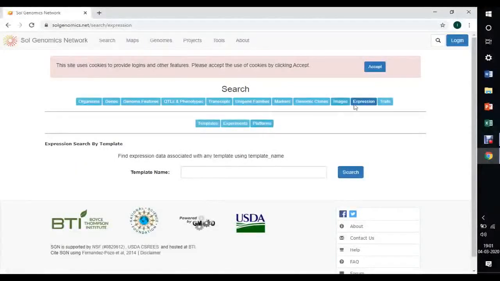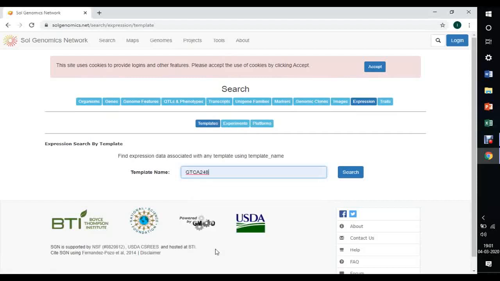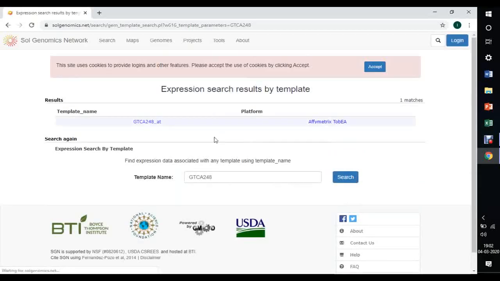In the expression option, you can see 3 sub options. Click on templates to get template details. For example, I am giving one template name GTCA 248 and click search. You can see the exact template name and platform from which it is developed.